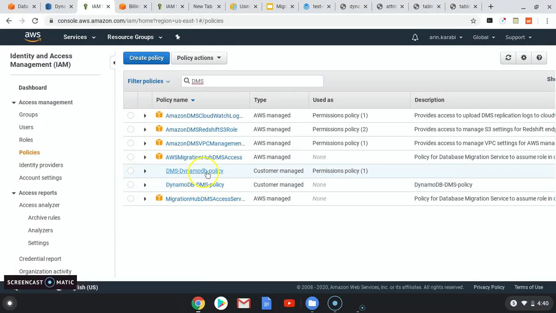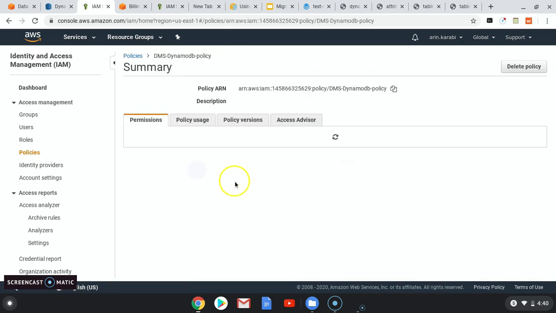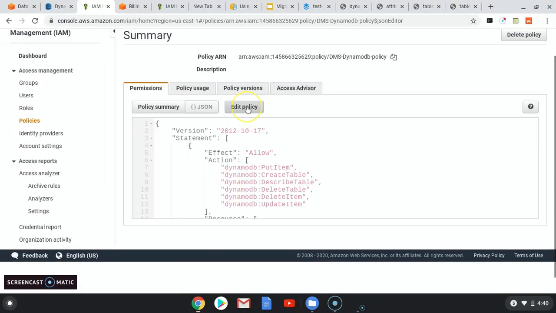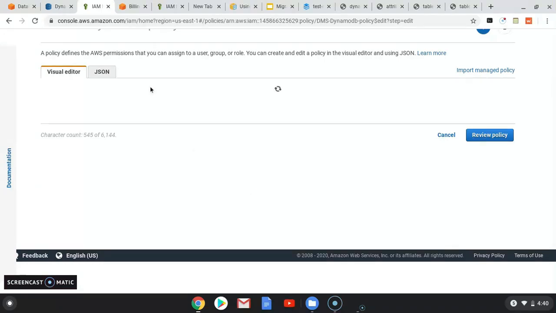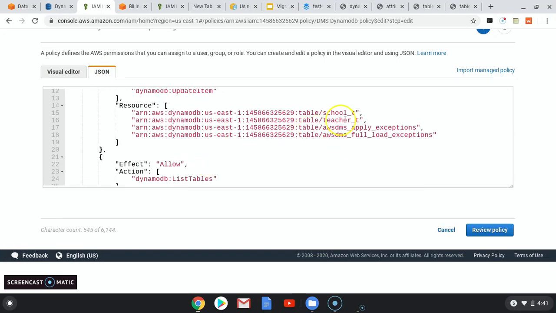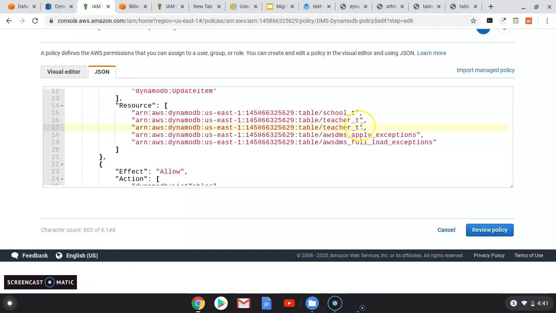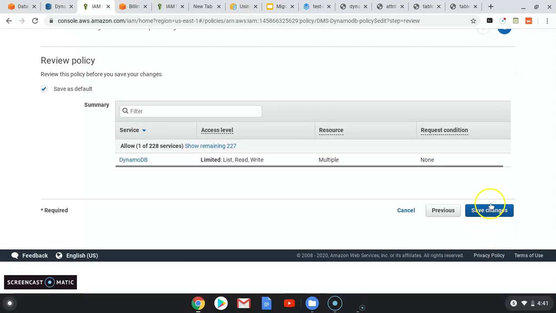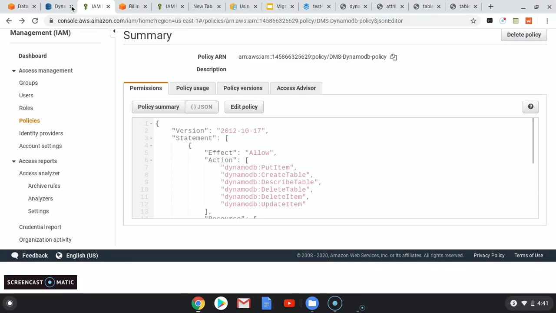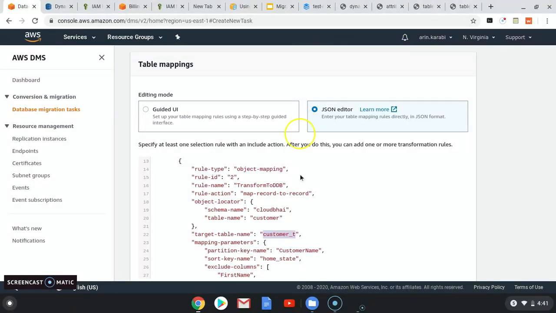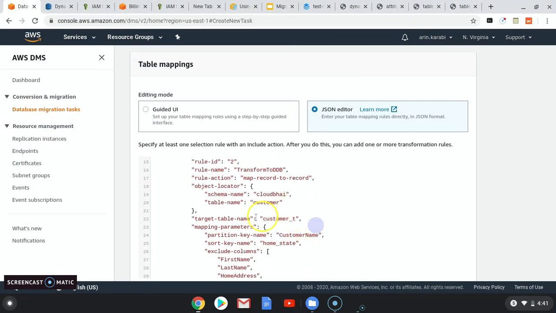This is my policy, DMS DynamoDB policy. So I'll edit, and let me put another row. Put the ARN as customer review, save. Okay, now this is my target table,